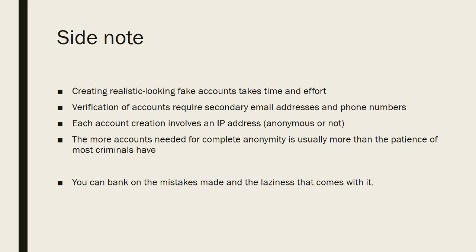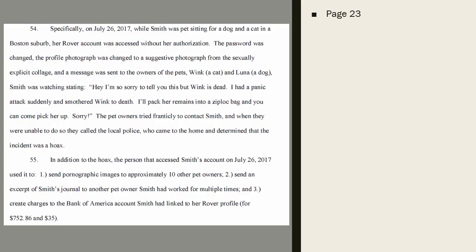So the more accounts they need, to be completely anonymous, is more than the patience that pretty much anybody has. Typically, if a criminal wants to get away with something, they're going to have to do it one time, do it completely correct, and never do it again. And the serial harassers or serial criminals, they have to repeat what they're doing over and over again, because it's in the nature of the crime to be repetitive. And that's how you catch criminals, because through repetition, you're going to find some mistakes. I can say you can bank on it.